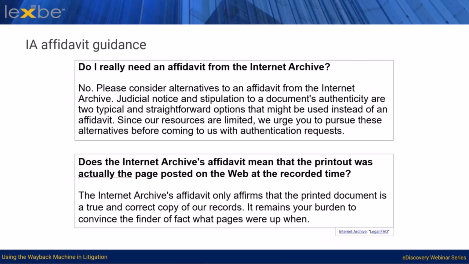The Internet Archive provides guidance on their standard affidavit. A couple of key excerpts from the FAQ. First, they recommend relying on either judicial notice or stipulation as more streamlined mechanisms for the authentication of Wayback Machine evidence. This is sensible advice, but as I mentioned previously in the discussion of judicial notice, won't always achieve the